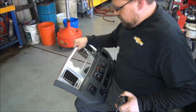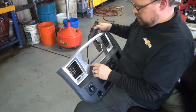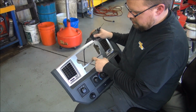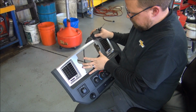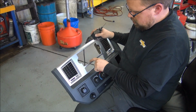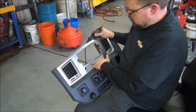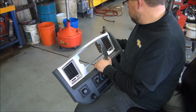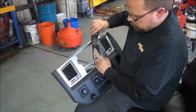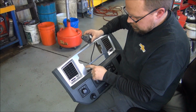Alright, so this is a bit of a delicate process here. What you have is not enough height between here and here. We've got definitely enough width between here and here to get the radio to fit through, but the top and the bottom essentially is where the problem is. So what we've got to do is take this Dremel tool with a drill bit in it and just kind of take our time and delicately